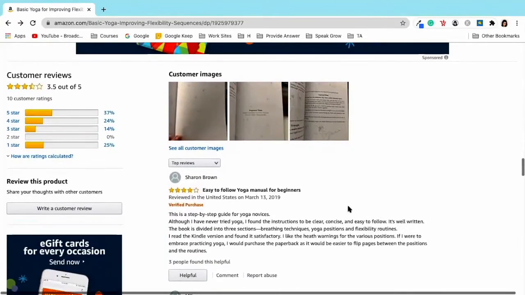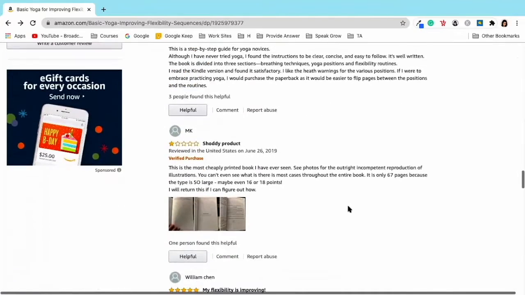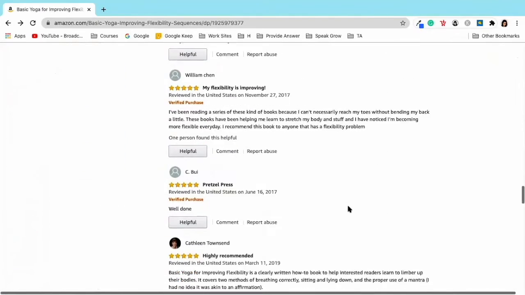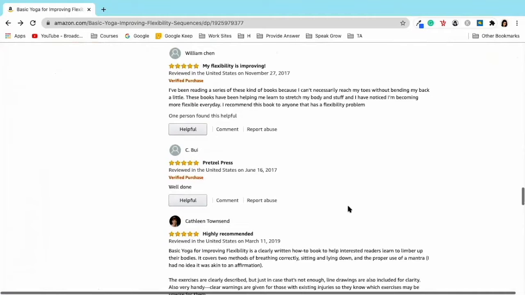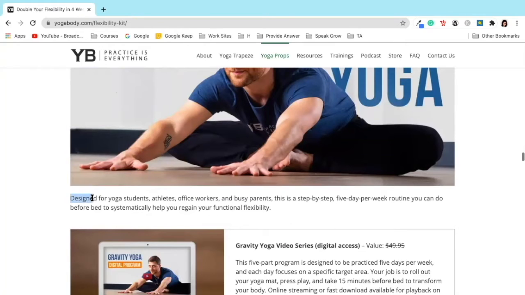When you identify similar value products, you need to go and see their reviews, their testimonials, and see what types of people are actually engaging there, what types of people are actually buying this value. So in this example, it would be busy parents, office goers, recovering athletes.